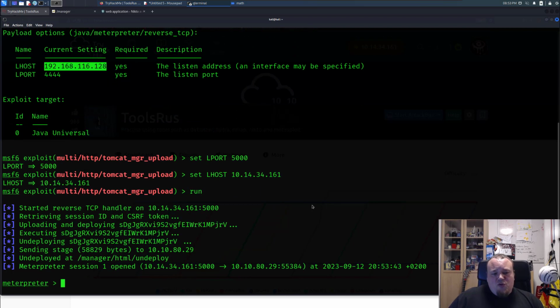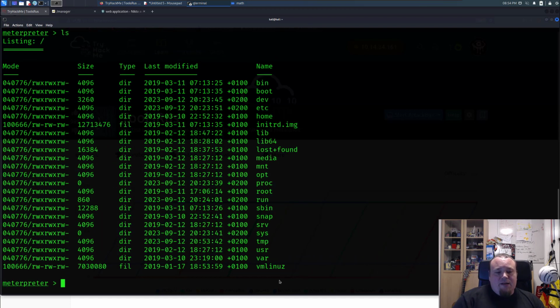Now usually these kind of things work, and it worked. So sometimes, and that is the error, I wasn't paying attention, the IP address was my local one. I don't know why it is, but you just need to fix it, and this is how it is. Now that we have a Meterpreter session, you can go ahead and do ls,